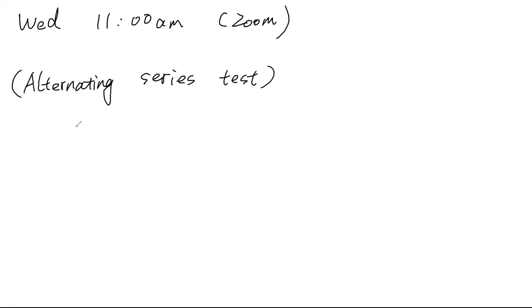Right. So yesterday we talked about the alternating series test. We say that if we have an alternating series, a quick review of the test: if we have an alternating series, sum of an, where the sign of an alternates, then